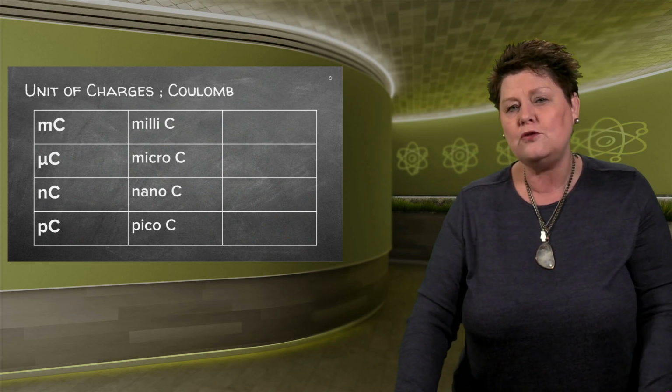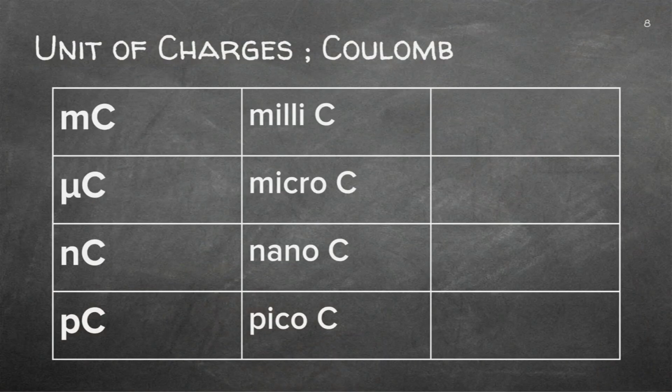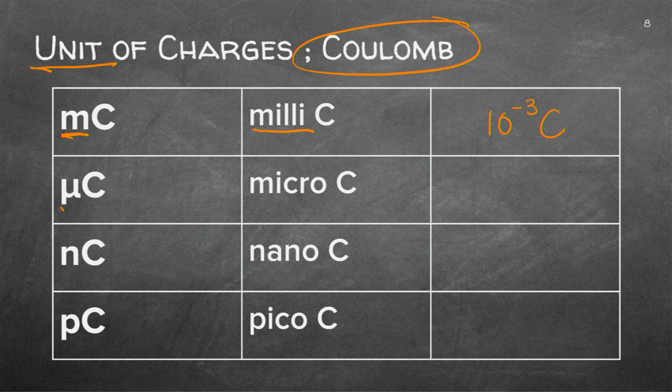Finally, before we get to Coulomb's law, just a revision on the unit of charges. We already established that it's a Coulomb, but they might give it to you in milli-Coulomb, which means it's 10 to the power minus 3 Coulomb. Or microcoulomb, 10 to the power minus 6 Coulomb. The one we usually use is nanocoulomb. Very small charge, 10 to the minus 9.